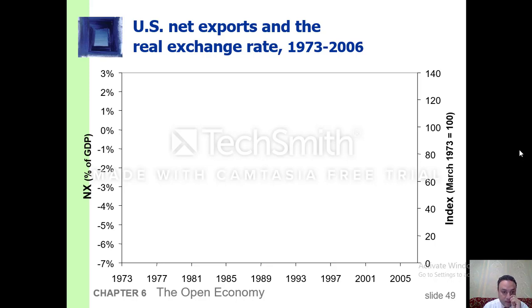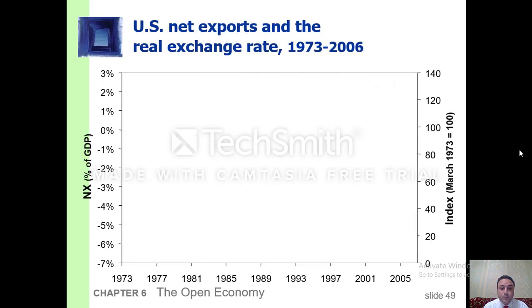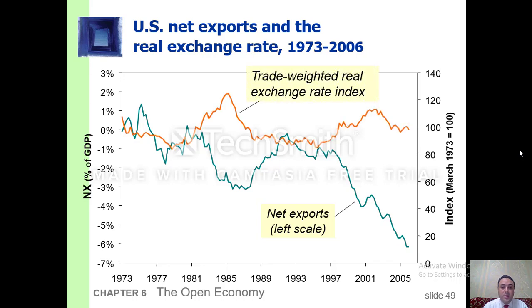We can see this in reality. The US net exports and the real exchange rate, the relation between them, as we saw here, is a negative relationship. When the real exchange rate rises, the net exports will decrease. So let's see this in the graph. We can see here the net exports of the United States during these different years. They decreased, okay, and at the same time